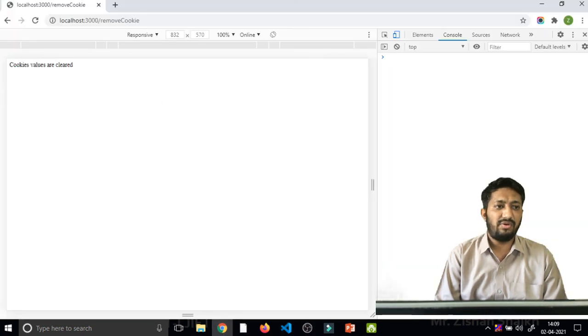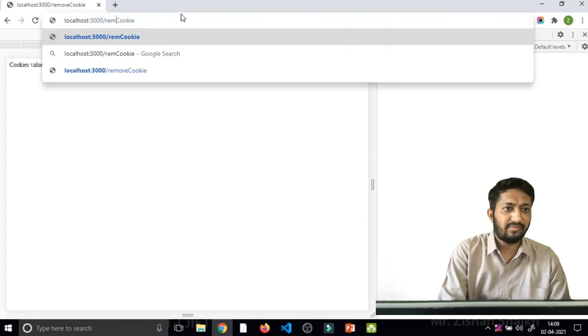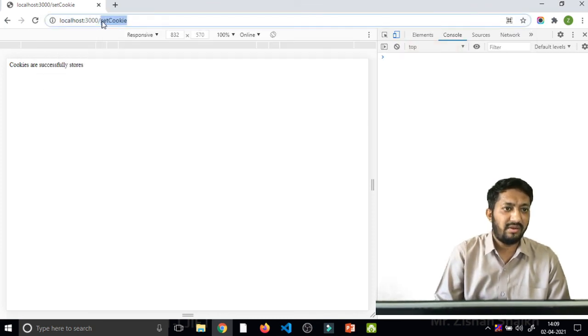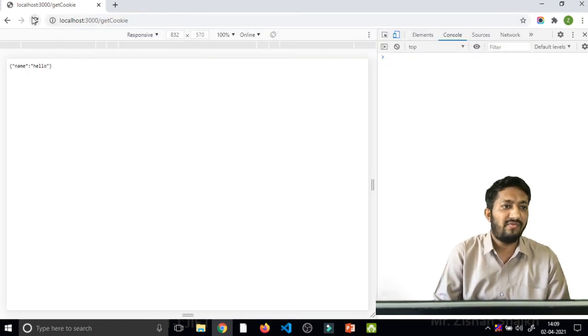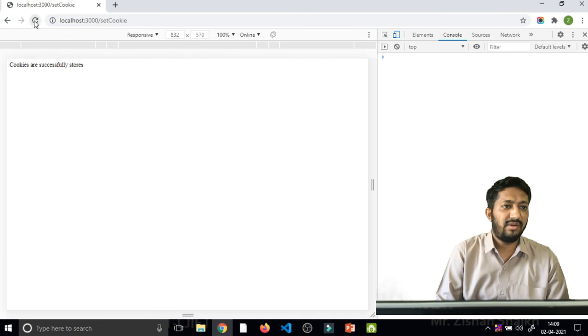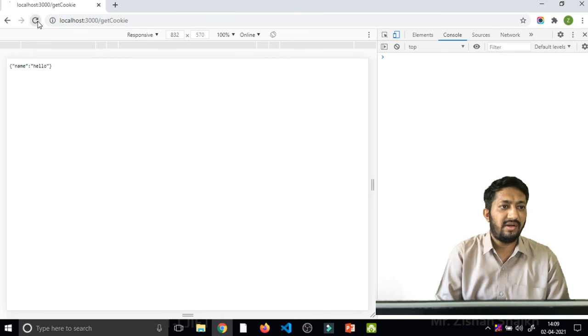So let's check the output. I'm setting the value, set cookie. Okay, cookies are set. Then I am writing get cookies. The cookie value is here. So after 10 seconds, you can see it is automatically removed. I am refreshing. Yes, after 10 seconds it is removed successfully. Again, I am doing set cookie. Cookie value is here. Okay, no issue. But if I write get here, already after 10 seconds it is removed. So you can observe, I am refreshing my